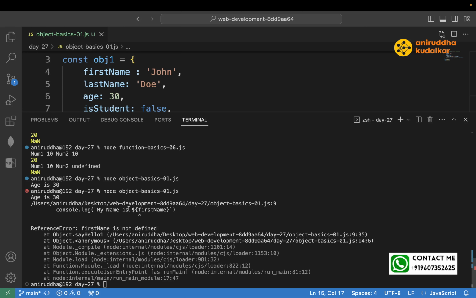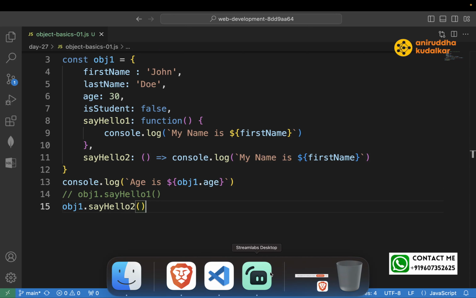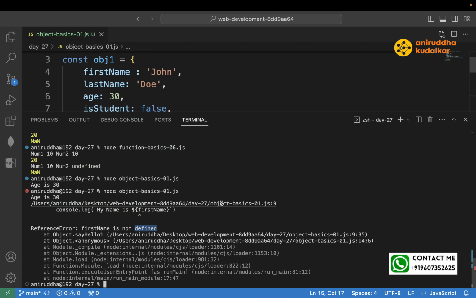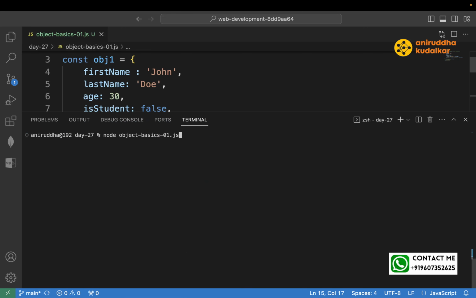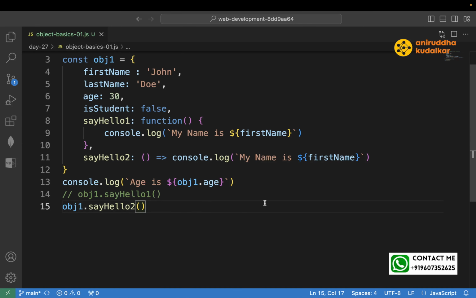Can you see console.log firstName? firstName is not defined. Getting my point? You are getting what? Undefined error. So you are trying to access firstName over here, but firstName is what? Undefined. Let's try to comment this and let us see what happens with this arrow function. I have commented that code, and here we can say still console.log firstName is not defined, which means that